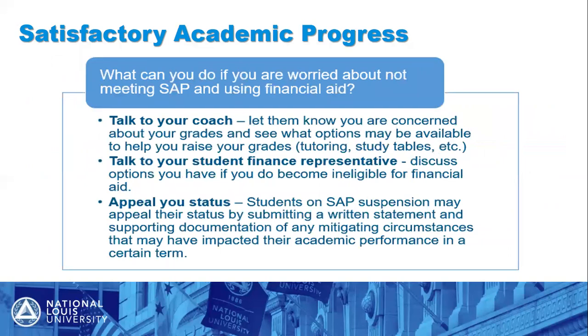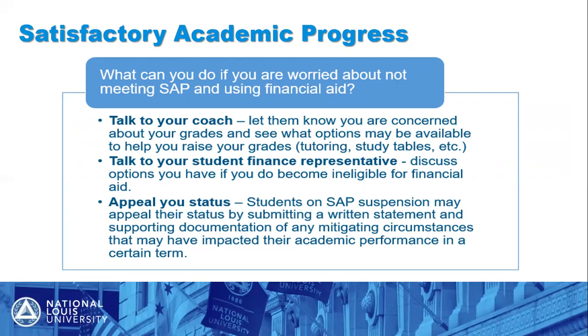So what can you do if you're worried about not meeting SAP and using financial aid? Talk to your coach or your academic advisor. Let them know that you are concerned about your grades and see what options may be available to help you raise your grades, such as tutoring, study tables, etc. Talk to your student finance representative to discuss options you have if you do become ineligible for financial aid, and appeal your status. So students on SAP suspension may appeal their status by submitting a written statement and supporting documentation